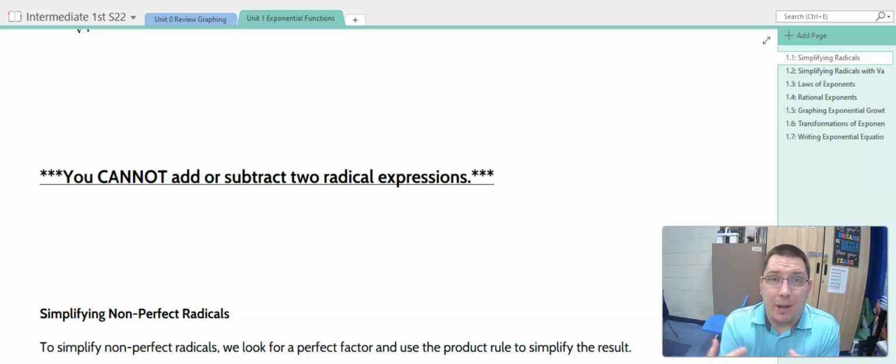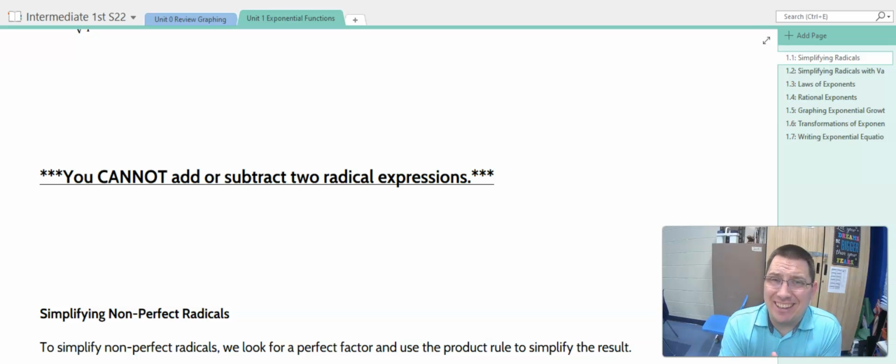And again, I want to remind you here, you cannot add and you cannot subtract two radical expressions together. So again, we cannot do addition or subtraction. We can do multiplication, we can do division, we have properties for those, but we cannot add or subtract radicals. Okay? One last thing I want us to look at as we wrap up this section, we're going to look